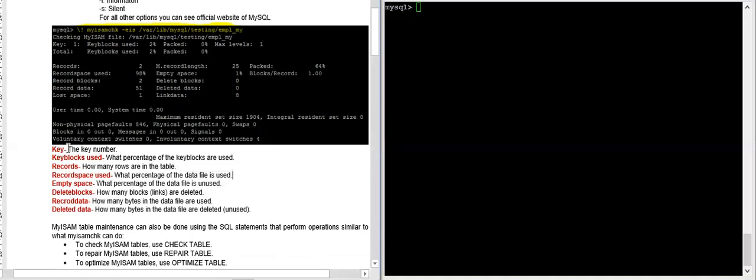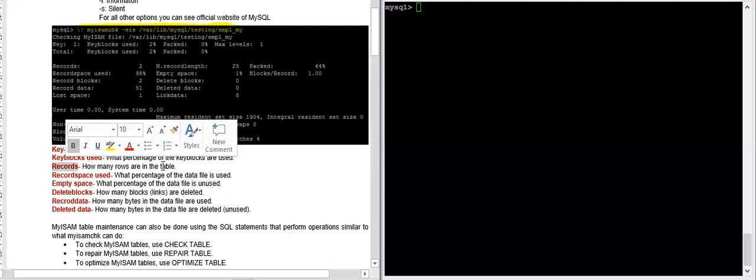It returns the key, I mean the index number, and the key blocks used, meaning what percentage of key blocks are used. Then records, how many records are there in the table. Record space used, what percentage of the data file is used.